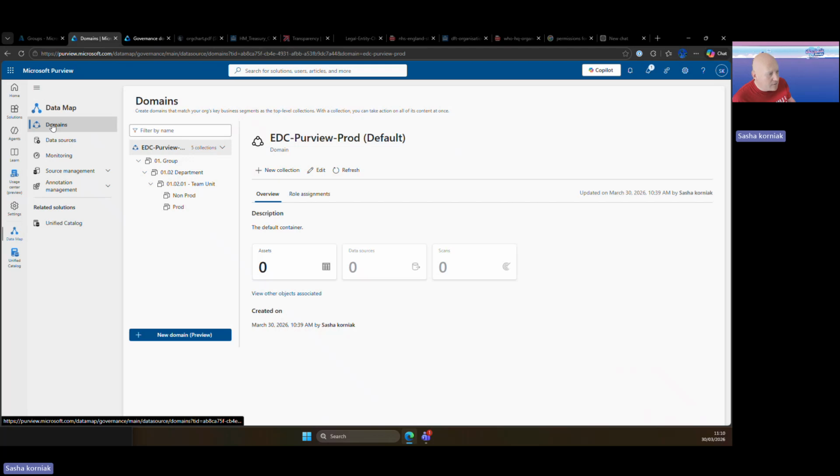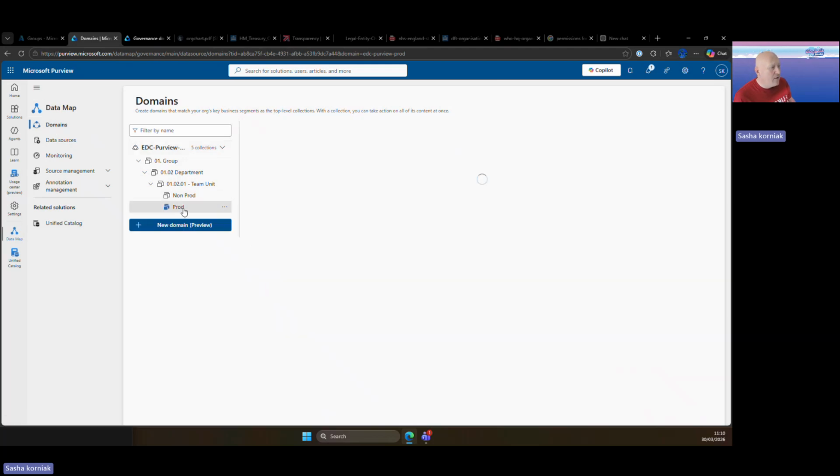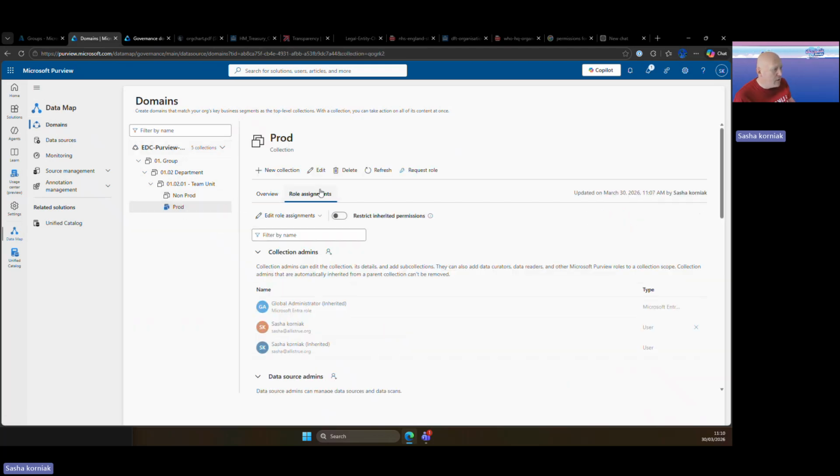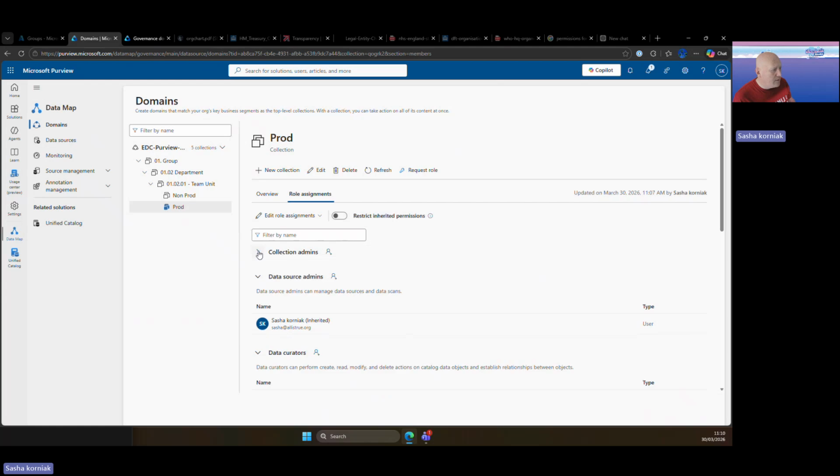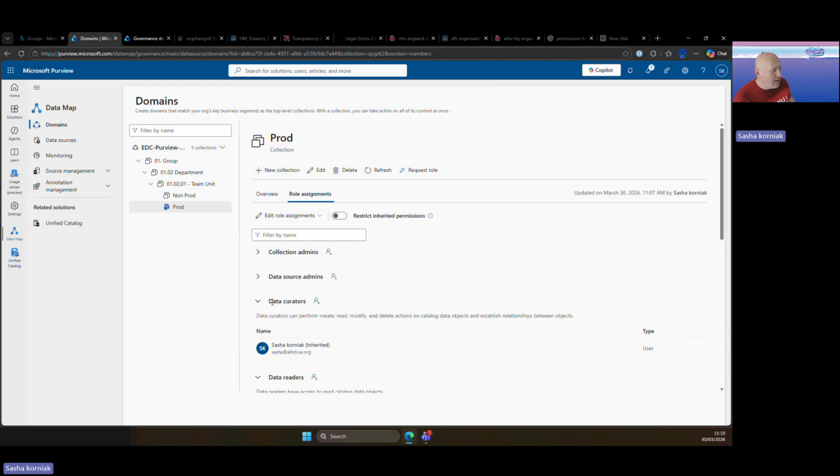Going back to the domains, the bit that you really need to be looking out for is this role assignment. So what I'm going to do is go up to here, this role here. So if you scan, for example, my name's Sasha and I own a data product called the National Statistics Postcode Lookup. And I don't own that data. I own that data. I'm responsible and accountable for it, but I don't produce the data. But in my organization, I am. So I put that into a production